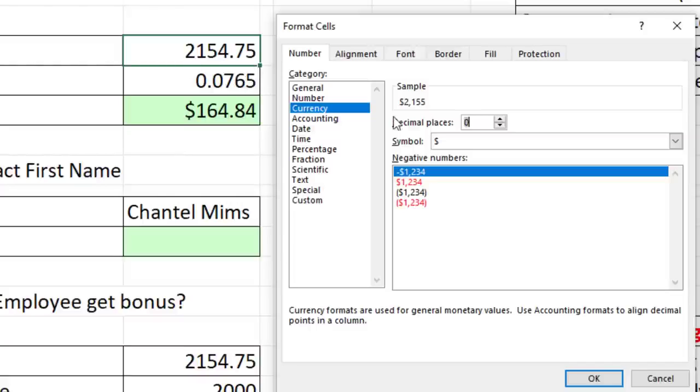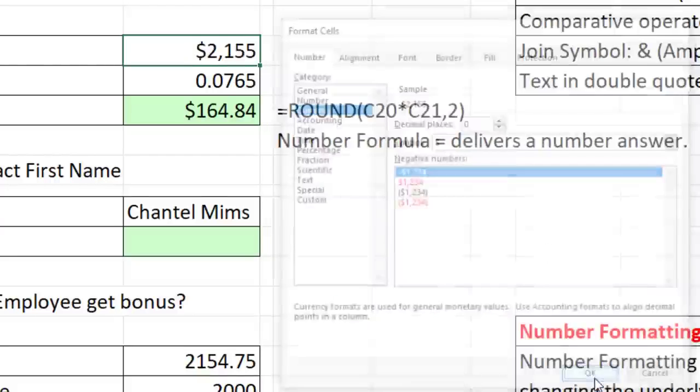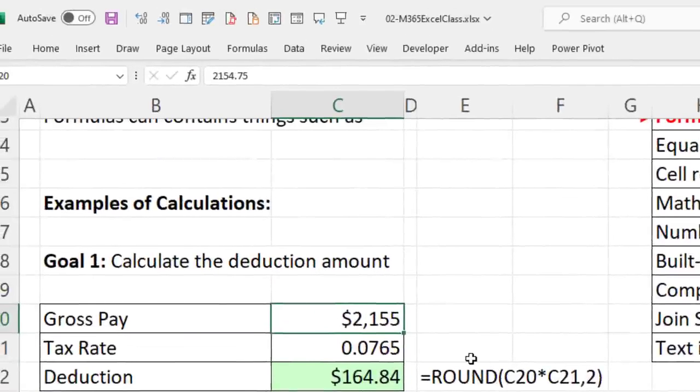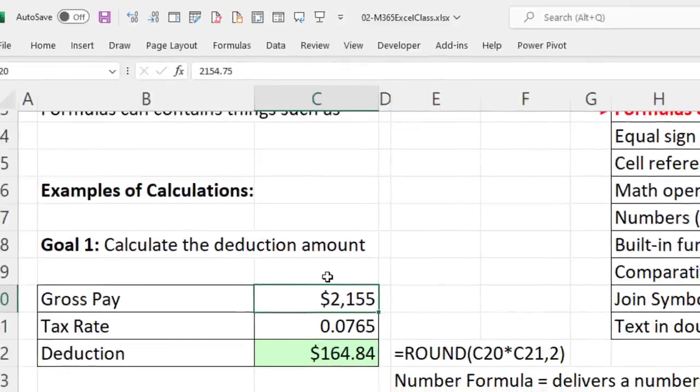That 0.75 is still there. And in fact, let's see if I click OK. It looks like 2,155. But in some cases, when you're using number formatting, you can look up to the formula bar. Sure enough, those 75 pennies are still in the cell. The reason that understanding number formatting as it's displayed is so important is because formulas do not see number formatting. That formula sees and is acting on the number